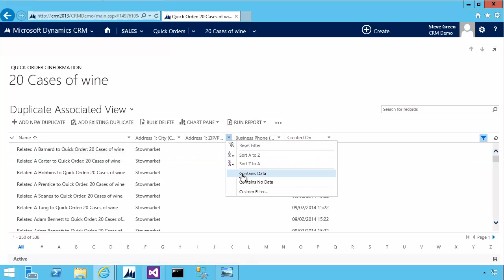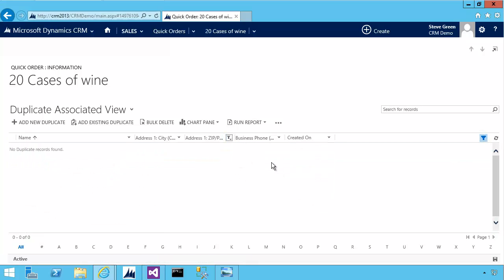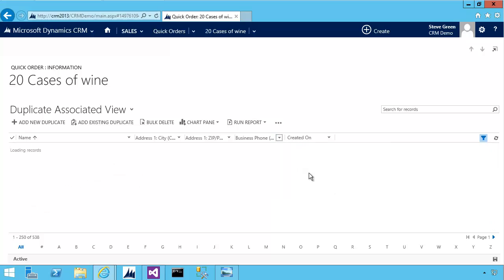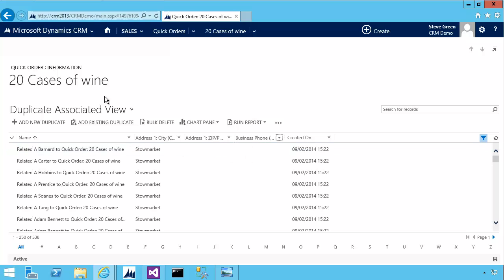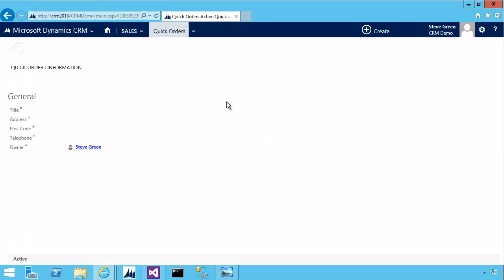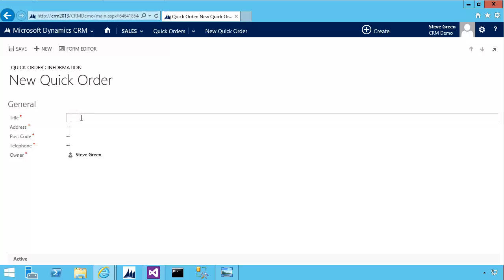Don't know if any of these, no, so there's no postcodes, because most of my databases, it was only a partial import. Yeah, so none of those contain postcodes or phone numbers. So if I go back to, so that was 538, if I do another new order, so 15 cases of